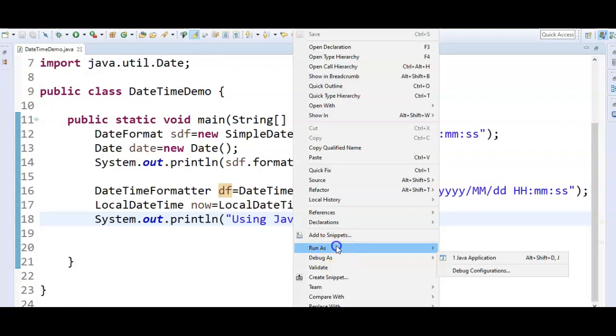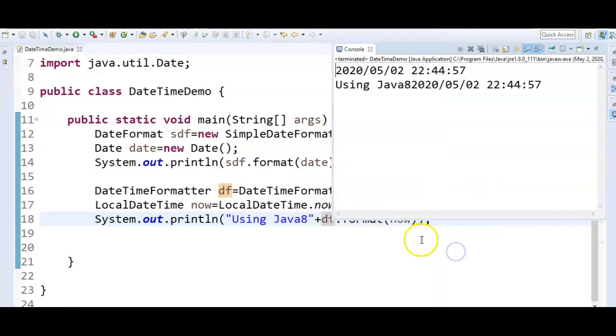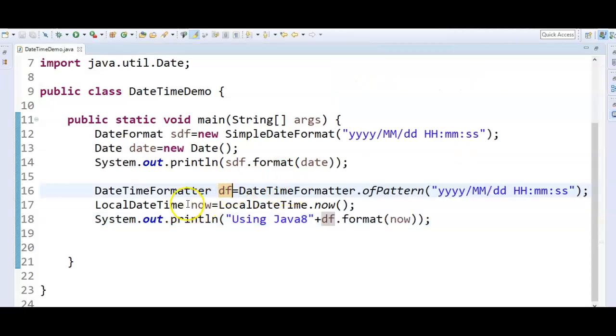Now let's run the program and see the output. If you see, using Java 8, what is the date? 2020 5th May, and what is the time? 10:44:57.